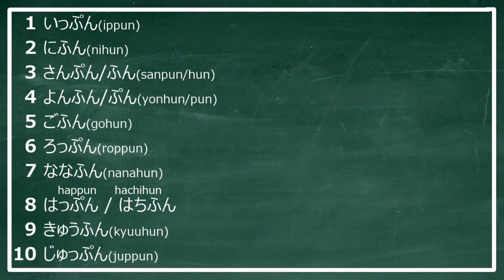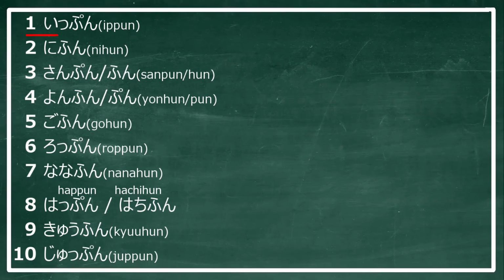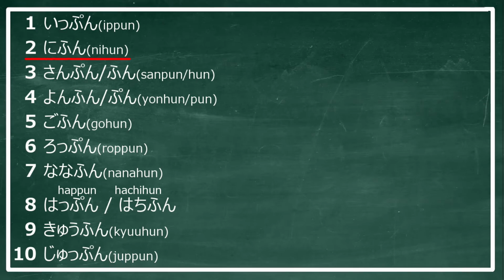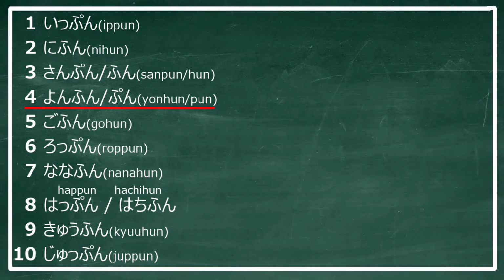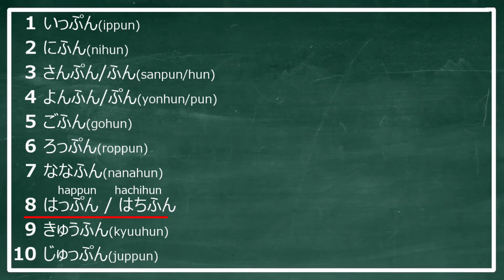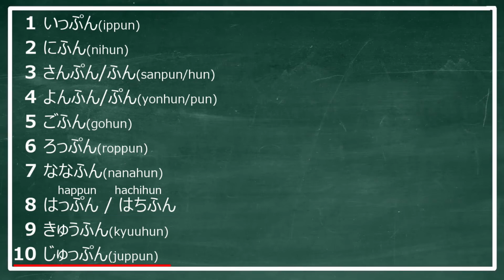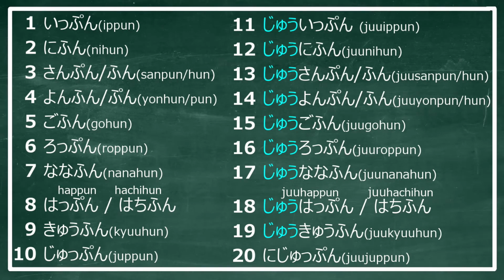This is how you express the minutes. First place: 1分、2分、3分、4分、5分、6分、7分、8分、9分、10分。From here, you just simply say 10 before the first